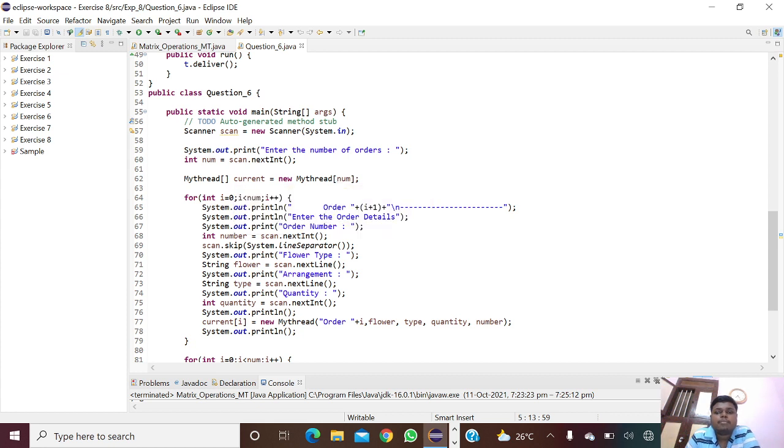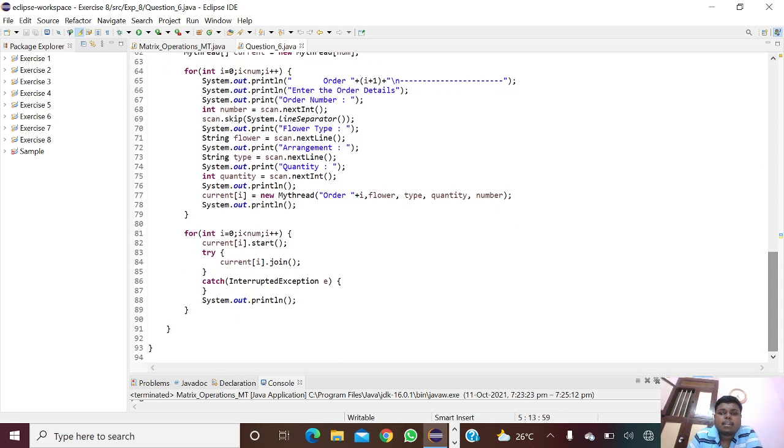Then using a for loop, for int i equal to 0 and i less than num, i plus plus. Then getting the number of orders, then getting an order number. Then getting the flower type, arrangement and quantity as the input.